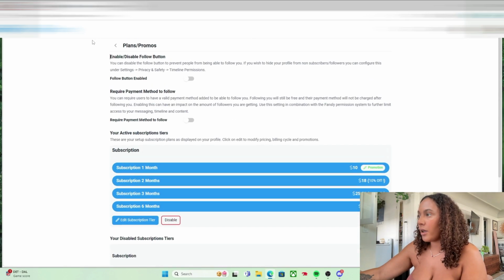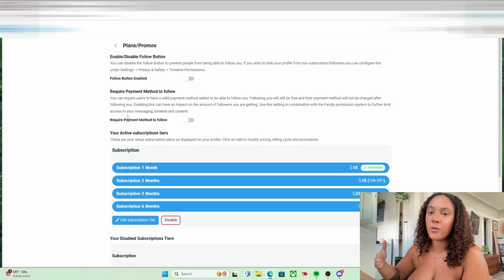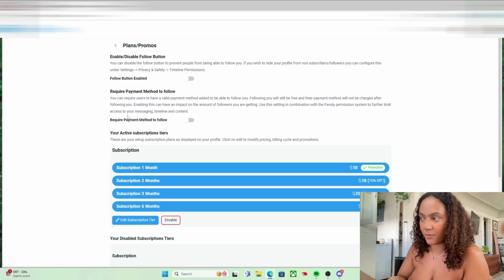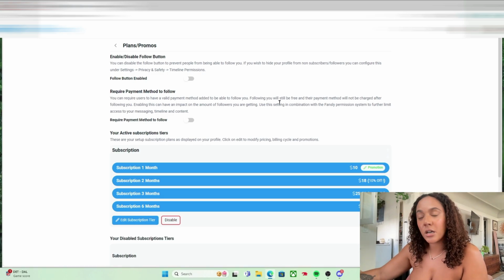And this is what is so important. You can enable and disable the follow button right here. Love that. You can also require that the people who are following you have some type of credit card info in their Fansly to be able to follow you. That way, you know, no one's following you who never has any intention to purchase anything from you. So if they have a credit card or a payment method in, then they're allowed to follow you,